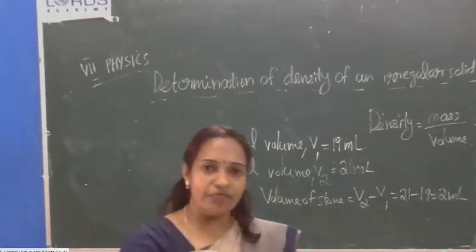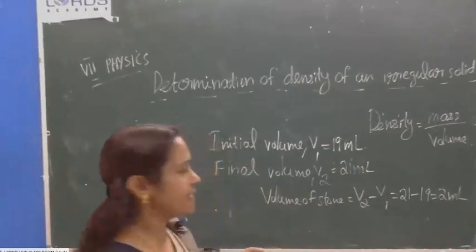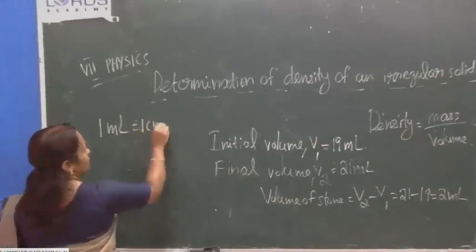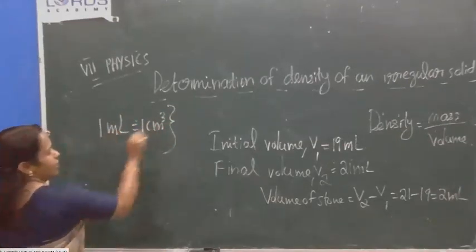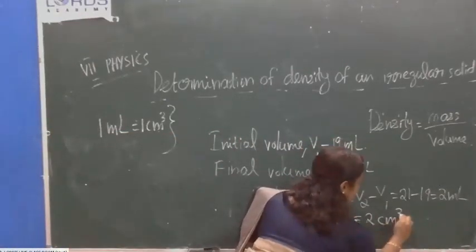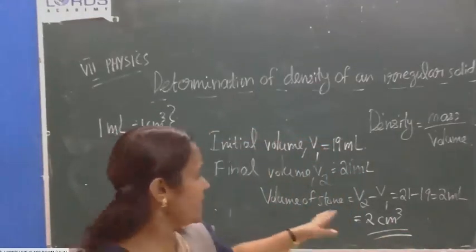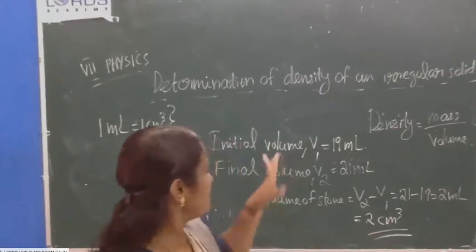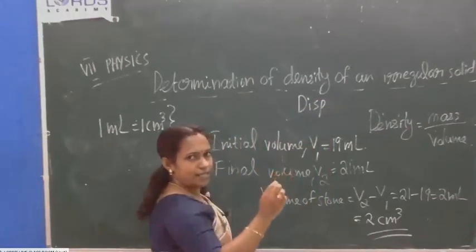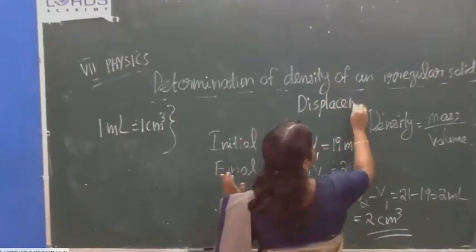Maybe you have a doubt that for volume you studied different units, centimeter cube, meter cube. 1 milliliter is equal to 1 centimeter cube. We studied this in 7th grade. For doing numericals, in this grade also we should know that 1 milliliter is equal to 1 centimeter cube. So here you can write the volume of this stone as 2 centimeter cube. This method has another name, the displacement method, because water is displaced. Water level increases means water is displaced, raised. Displacement method.